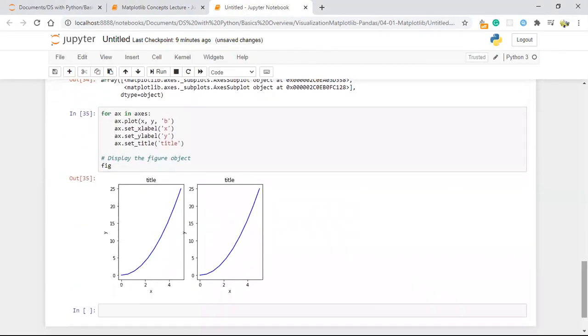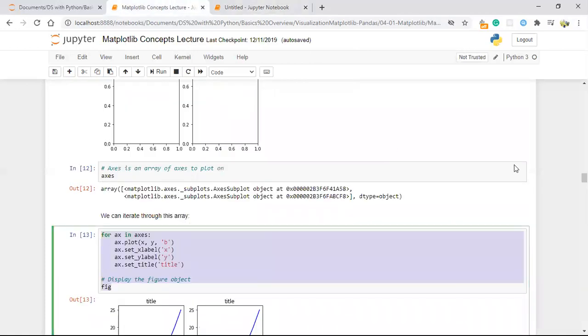When you apply iteration, this is your output. So clear, guys? Yes, ma'am. Okay, great.